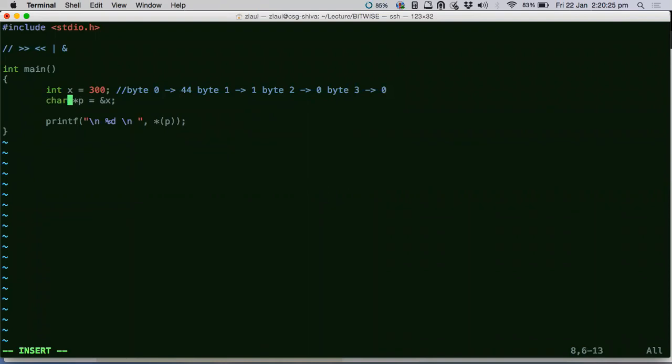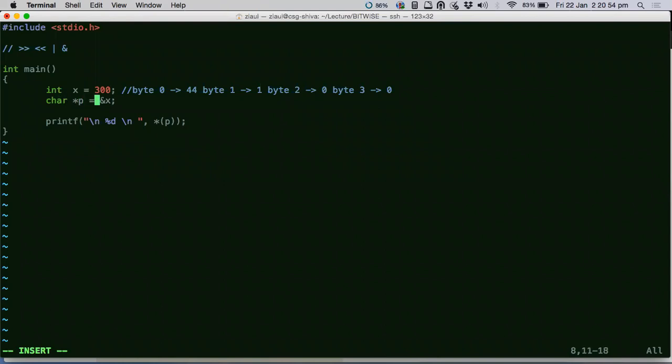Exactly. It's a character pointer. Guys, this is a very important trick that I'm teaching you, so just pay attention to it. So why did I use a character pointer? Because I know that a character pointer points to 1 byte data types. So by using it as a character, it will give me the address of the value of the first byte. It will not go beyond the first byte because the pointer itself is pointing to one byte data.